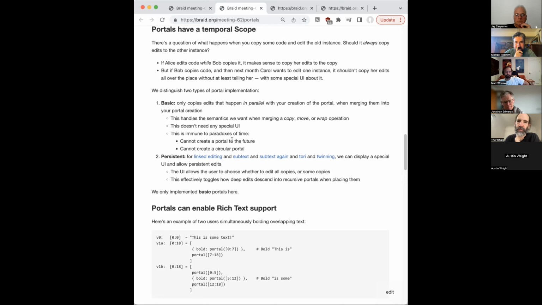I'm going to make some better diagrams for this. It's interesting. This is a part of the write-up that I didn't feel like I explained very well, and I want to do it again later. There's this interesting thing where you don't want the portal to be active for any versions that the portal itself is an ancestor of. So if you can see the portal in your history, then you don't want that portal to be active anymore, in a sense.